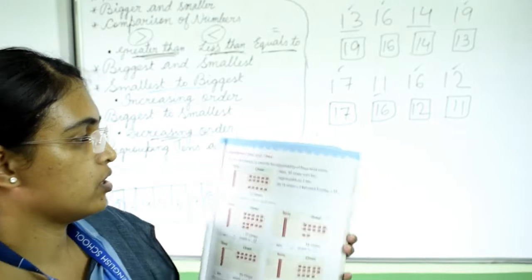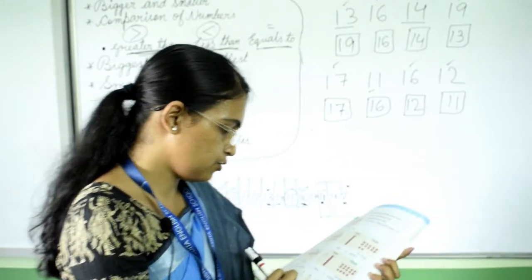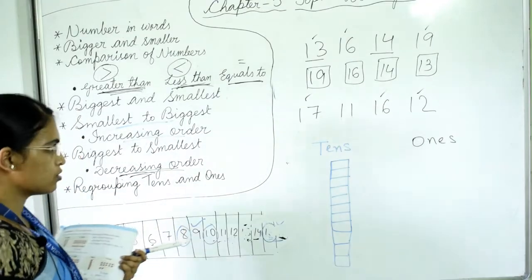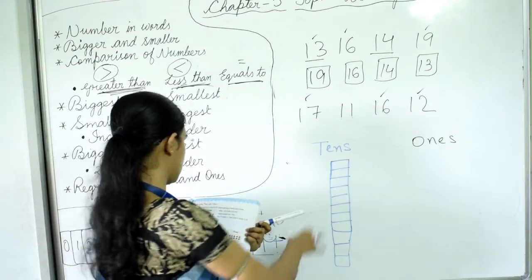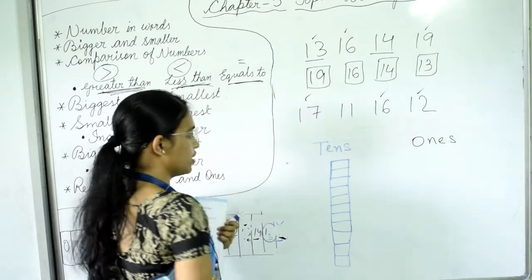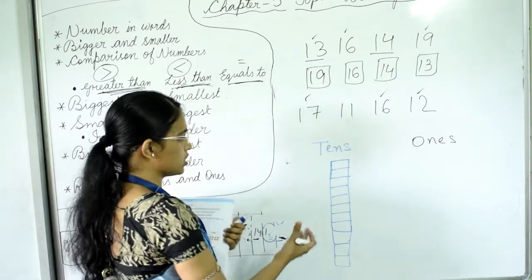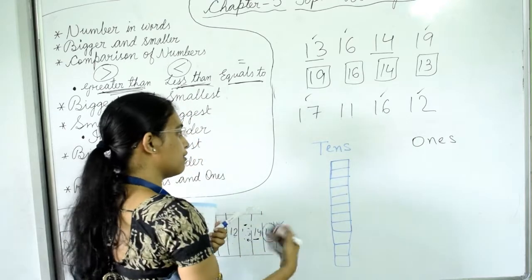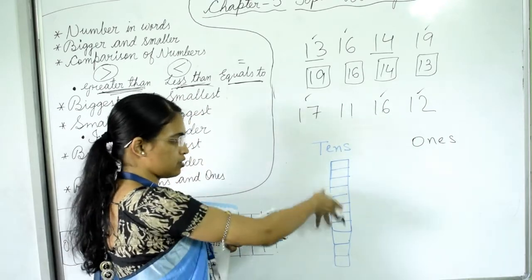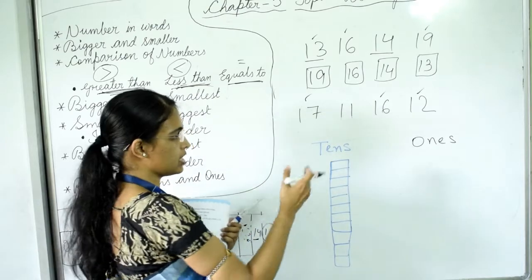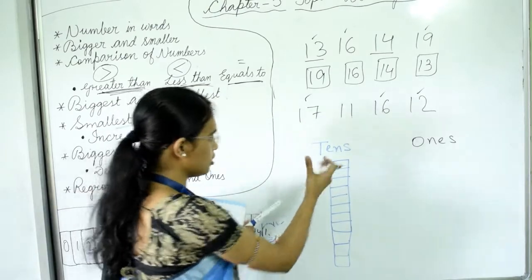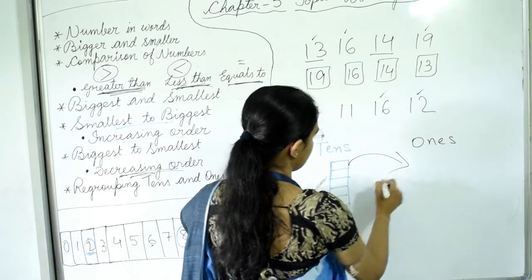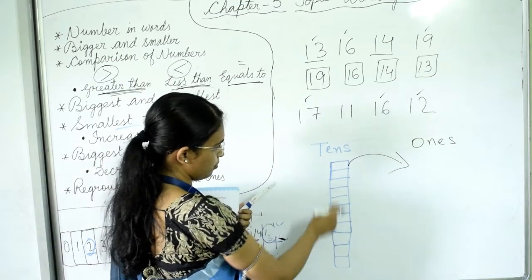Now turn the page, come to this next page, that is 53. Now we will do regrouping tens and ones. So suppose these are blocks. Okay, we have arranged 10 blocks in this way. Now what we have to do, we have to break these blocks and put these blocks in a separate way. So if you break all this, how many blocks do I have?